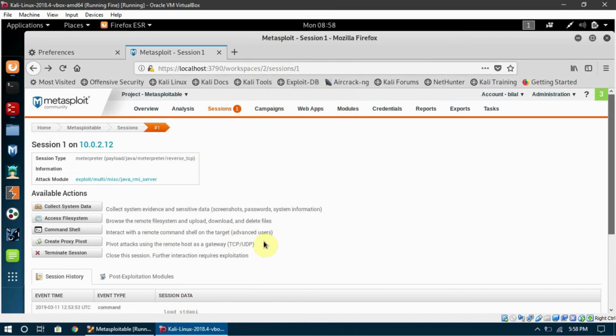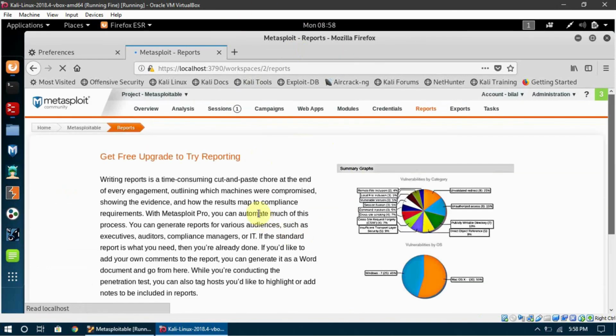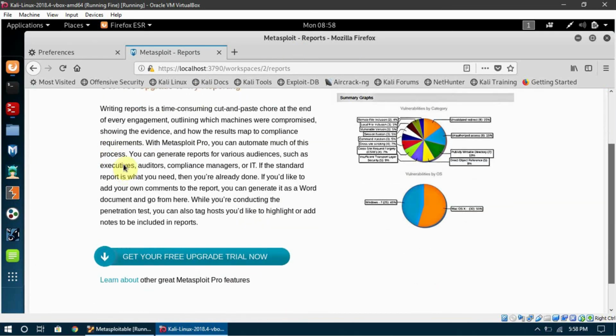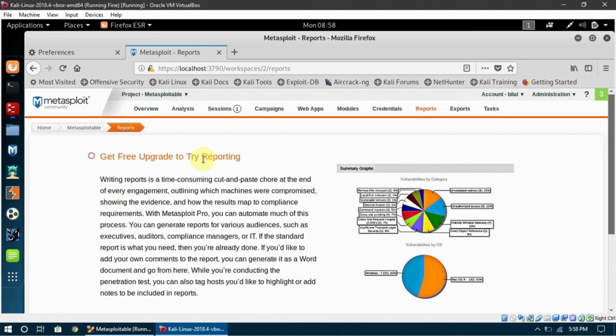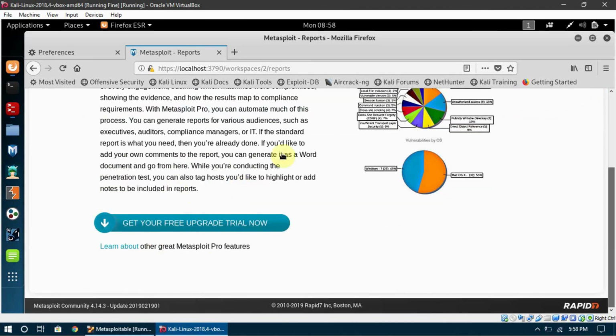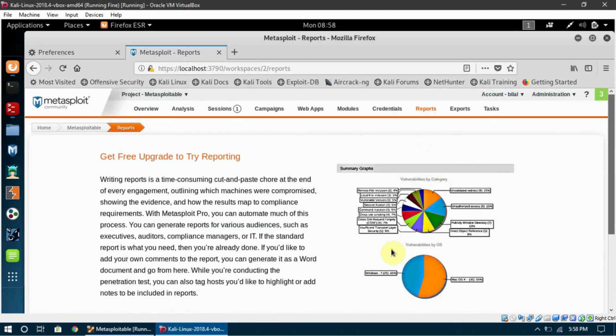And with reports, we can generate different kinds of reports from those scans. But all of these features are only available in the pro version, and you can see it is asking us to start a new update trial. I am not going to do it now, but you can start it for yourself and scan any web applications you are allowed to.